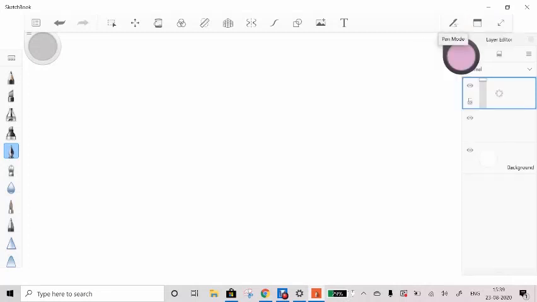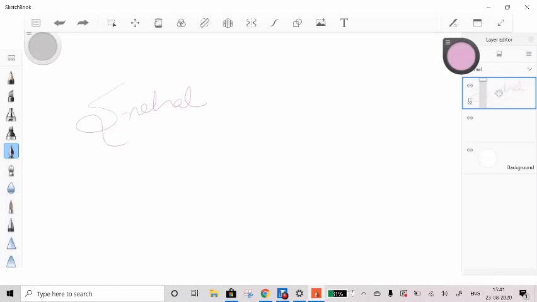This is a pen mode. So if you have a laptop with a stylus or a pen, you can just click on this mode. One of my favorite tools from this toolbox is this inking pen. You can use this for any basic drawing or outlining. And my other favorite tool from the above tools section would be this stroke stabilizer. What it basically does is it will stabilize your stroke and make it more smooth.